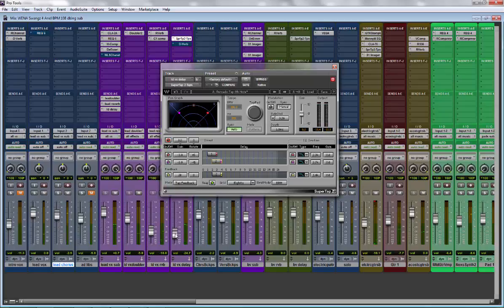I don't want these delays to really be so obvious. I just want them to be sunk within the music, but I want them to support the lead vocal to come on top, to get that little feeling of the widening effect that comes with it, and to give the lead vocal some depth. So that's what I'm trying to achieve here, and I feel right about there, it's just enough. If I listen,